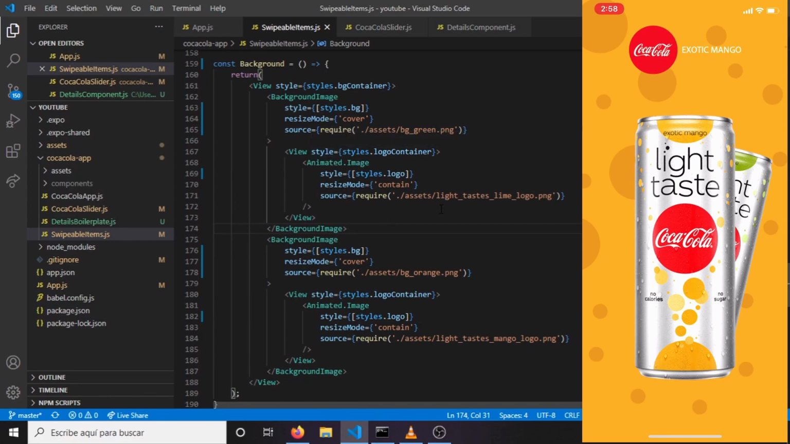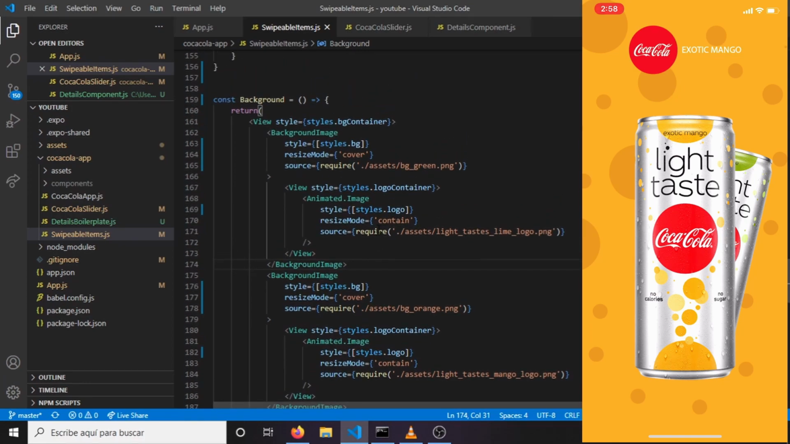I'm sorry. So we're going to do the same that we did in the last video. We're going to use the animation of the opacity to the scale and set the opacity to